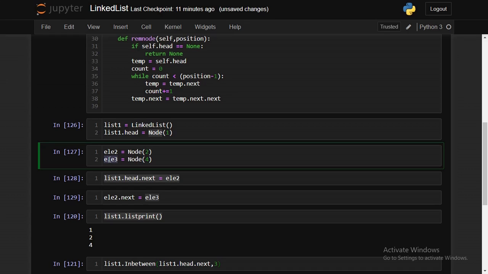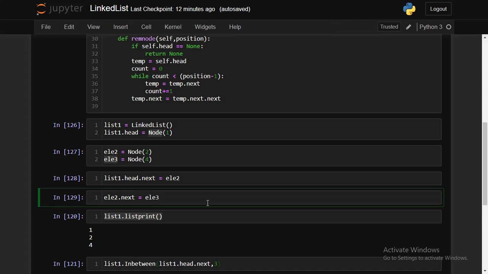Okay, this is a variable name given to the class, given to the object actually. Now I have successfully created a connection. I have successfully created a link between node 2 and node 3. This is what exactly happened in these two lines. There were separate nodes, and those nodes' next pointers were pointing to none. Now instead of pointing to none, 2's next pointer is pointing to 3. That's it. We have successfully linked the nodes.